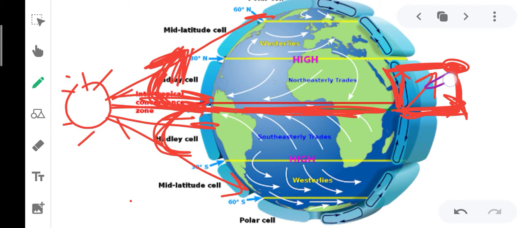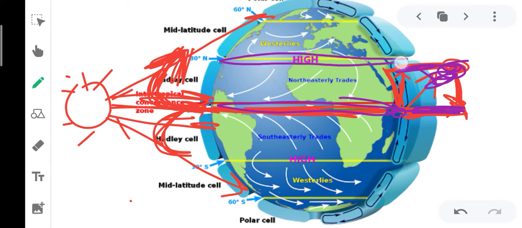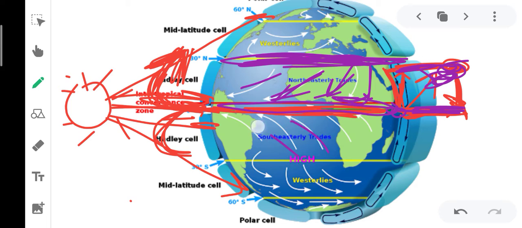So here it will cause precipitation. This is a low pressure area, with expansion of air, and this is a high pressure area. This is called the equatorial low pressure belt, and this is called the subtropical high pressure belt. And as you all know, wind flows from high pressure towards low pressure. So when the wind moves from this direction to this direction, it will deflect in the rightward direction in the northern hemisphere. So this is the trade wind.